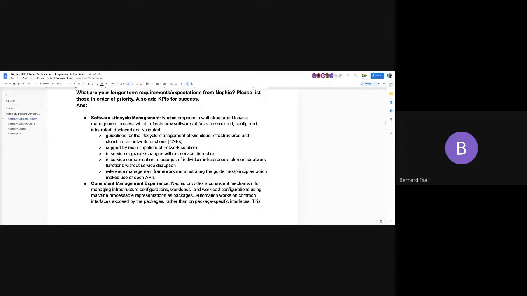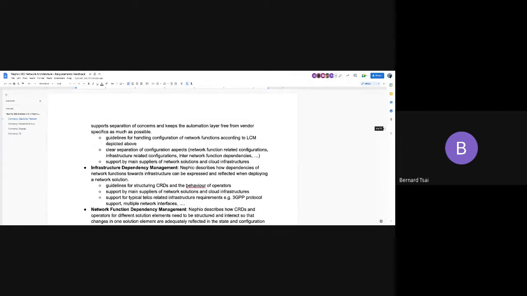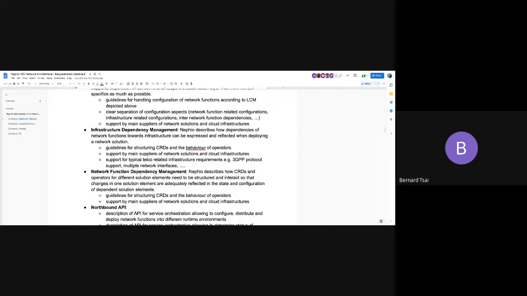Ideally, we would have a reference management framework which would demonstrate how to actually implement those design principles which you've mentioned before. And in the same manner, for all those elements, maybe you could scroll down a little bit further. We've just added things we would love to see out of the project. That means guidelines,